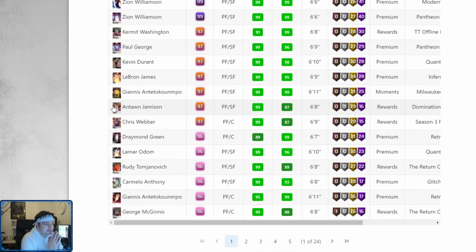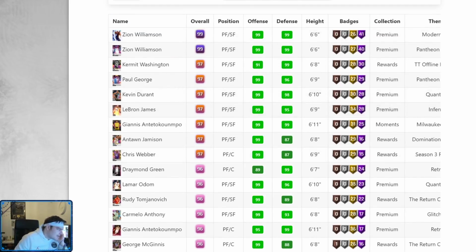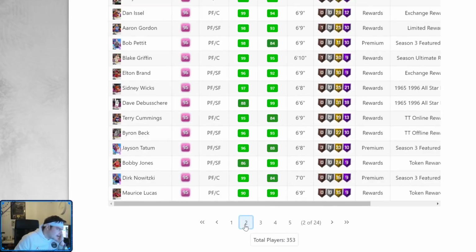Then the power forward position. Like, this is where it just goes from so few small forwards. I wish I could throw 4 power forwards in. I said I was going to do it by primaries. I wish. If I could put in 4 power forwards, I would. I really, really would. Like, guys that are better than Jimmy Butler at the power forward position